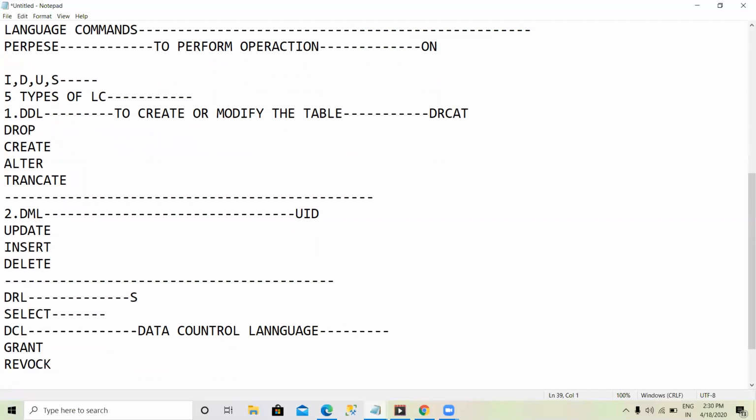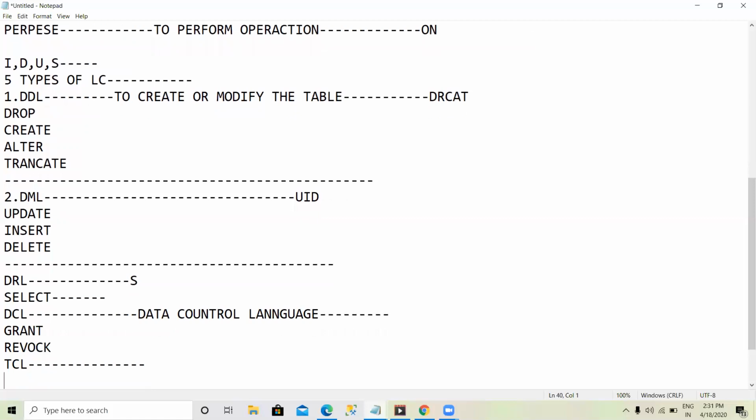TCL means transaction control language. If you are doing some transactions, you have to control the flow, so you will go for TCL commands.